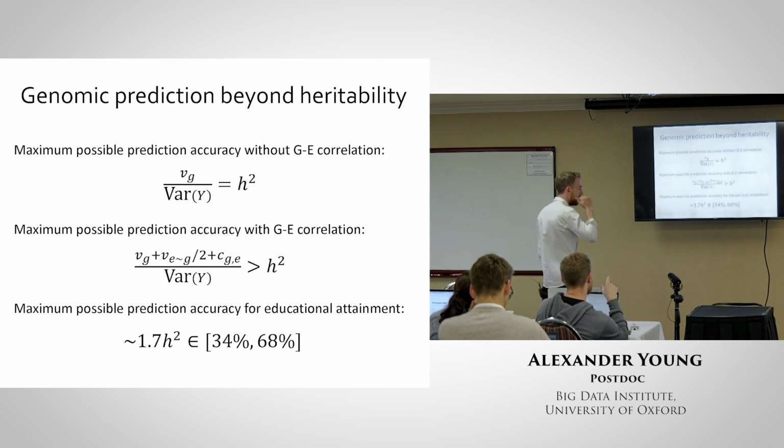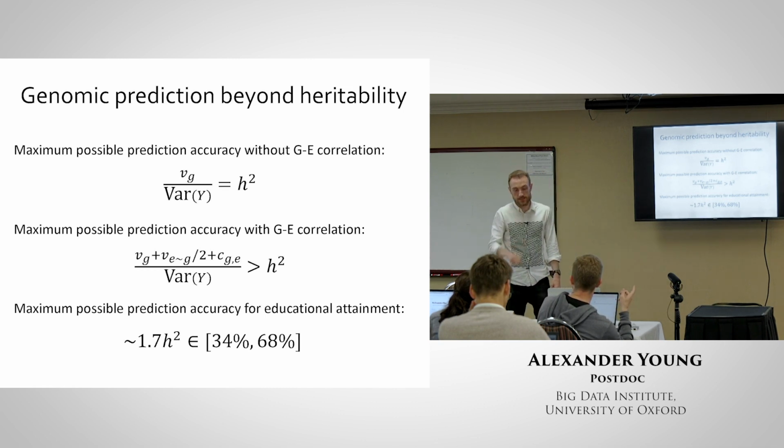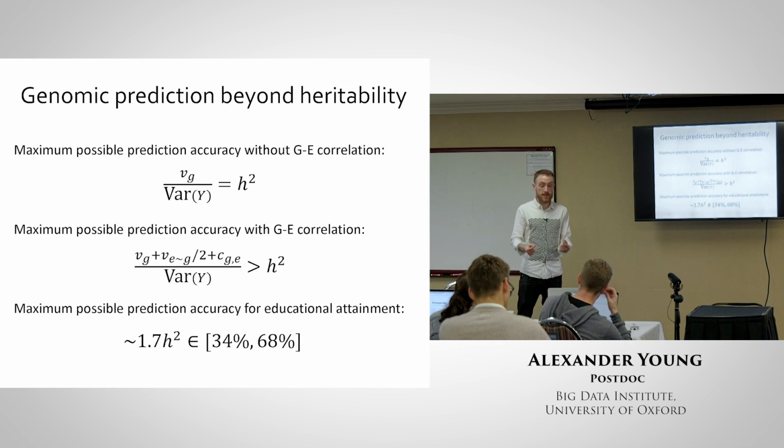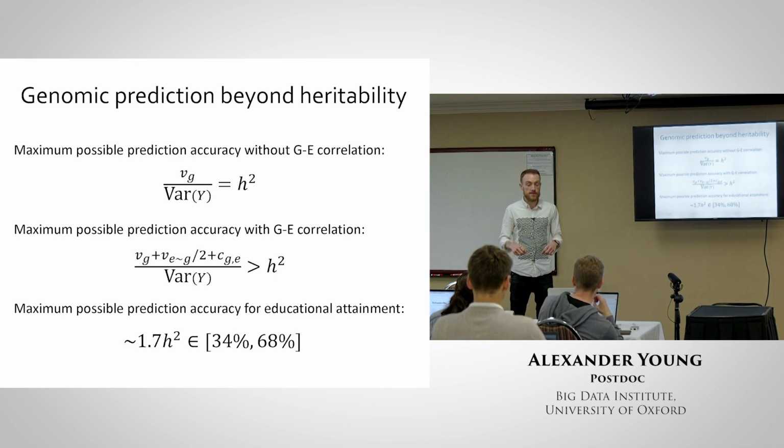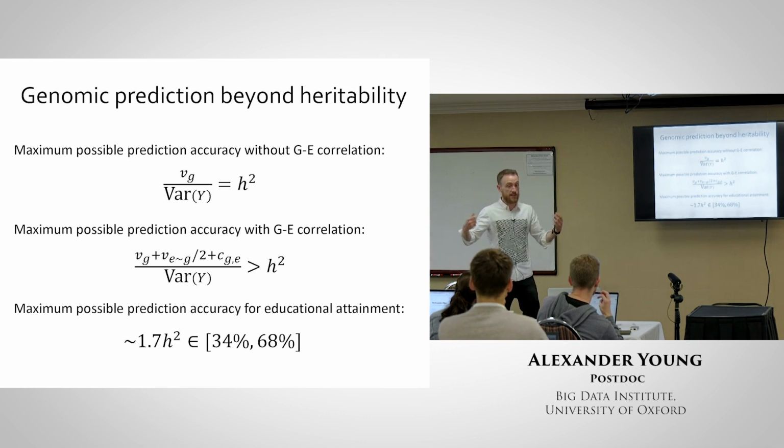Does the 68% come from inflating the twin estimates by 1.7? Yeah. But the twin estimates shouldn't be biased by these indirect effects, should they? Because the twins come from the same... Well, exactly. If the twin design is really getting just a direct component, then it's missing the component that's coming from the indirect effects and the covariance between them. So that's why you inflate it. Theoretically, the twin estimate is underestimating the potential of genetic prediction when you have indirect genetic effects, which I think is an underappreciated point. Everyone thinks the twin estimate is the maximum possible prediction, but when you have indirect effects from relatives, it can be much higher than the twin estimate potentially.